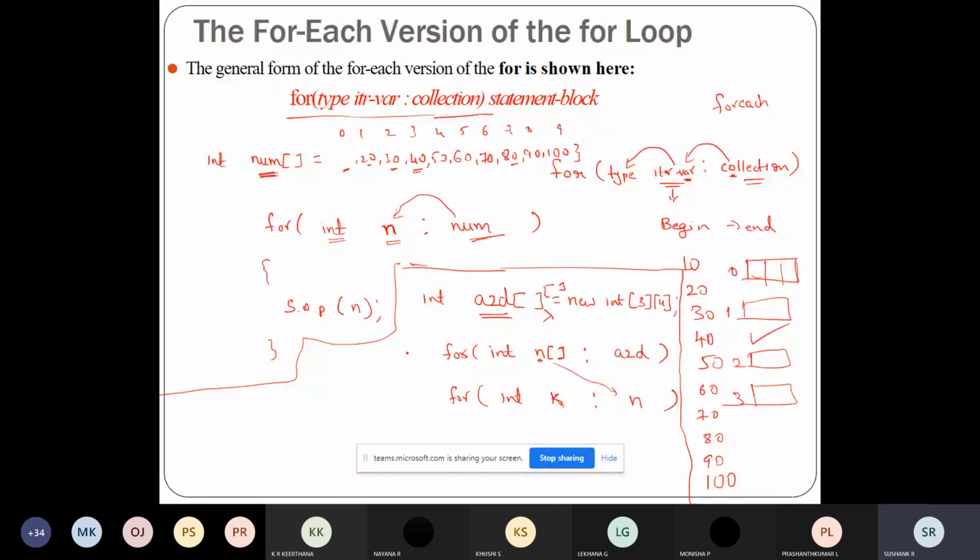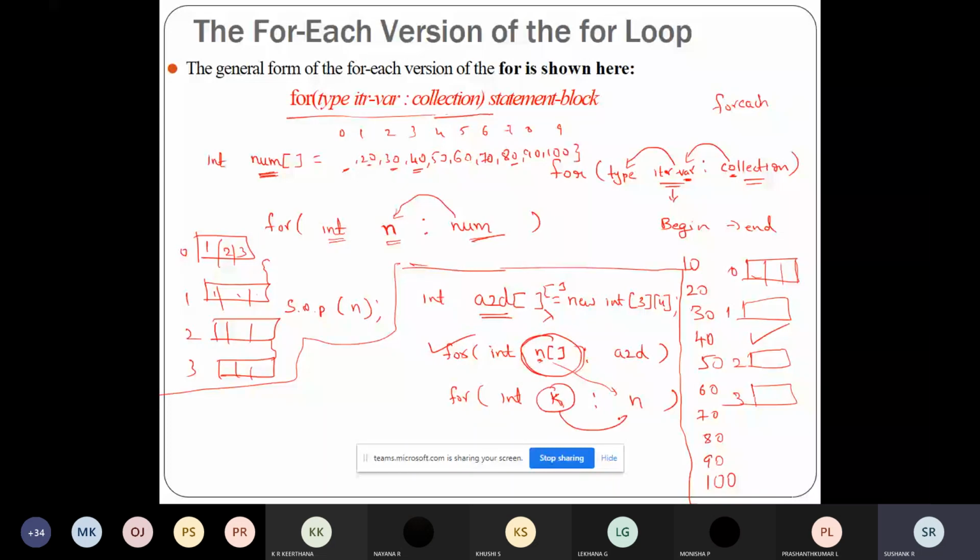So first time when this is run, this is a 2D array. I'll write it like this, a 2D array. So this is row 0, row 1, row 2, row 3. The first time the outer for loop runs, this parameter is storing row 0, the next time row 1, the third time row 2, the fourth time row 3. So in order to visit the elements of row 0, row 1, row 2, row 3, you're using the inner for loop.